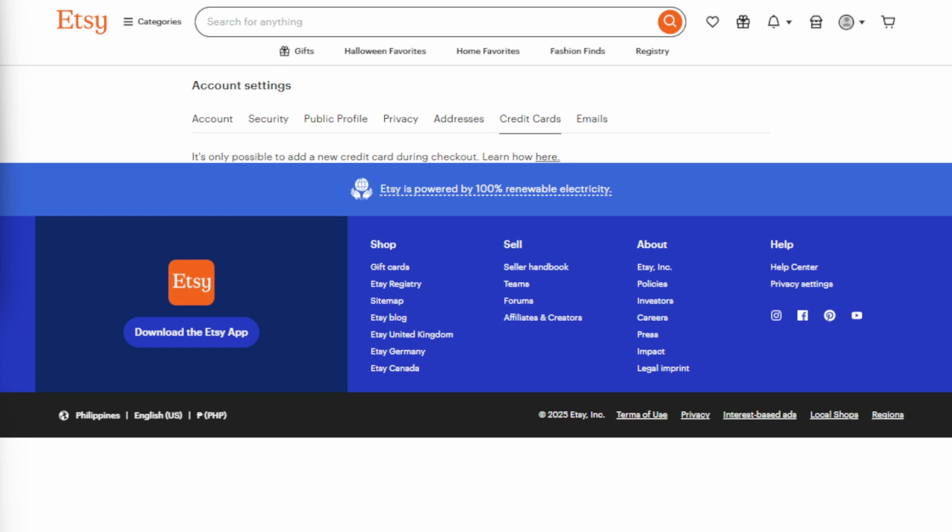Remember, whenever you change banks or your banking information for any reason, it's essential to update these details on Etsy promptly. Keeping your financial information current will help you maintain uninterrupted service and peace of mind. If you have any further questions or run into any issues, Etsy support is available to help guide you